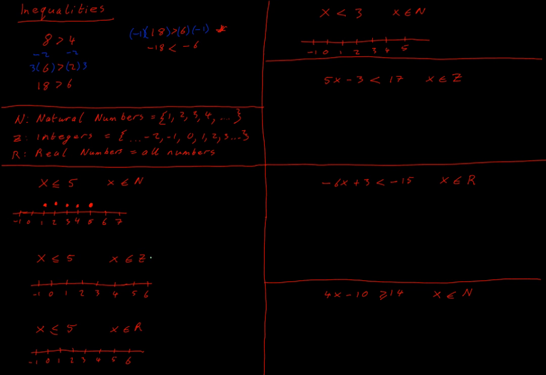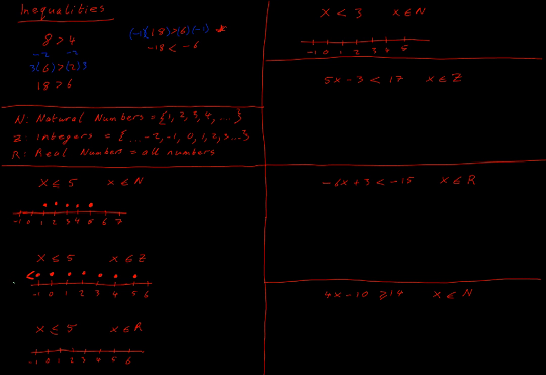If I have exactly the same question, but now x is an integer, so any whole number, x is less than or equal to 5, so it could be equal to 5, so I put a dot at 5, and it could be any number smaller than 5 as well. And this time, because I'm not dealing with natural numbers, I'm dealing with integers, I could have x is equal to 0, or I could have x is equal to -1, and so on down. And that group would keep going. And I don't want to have to keep writing that group forever. So what I do is I put in an arrow,